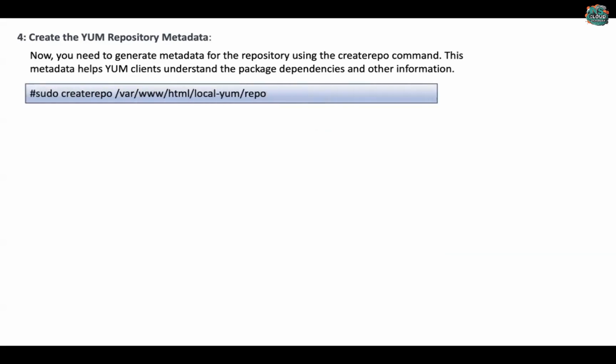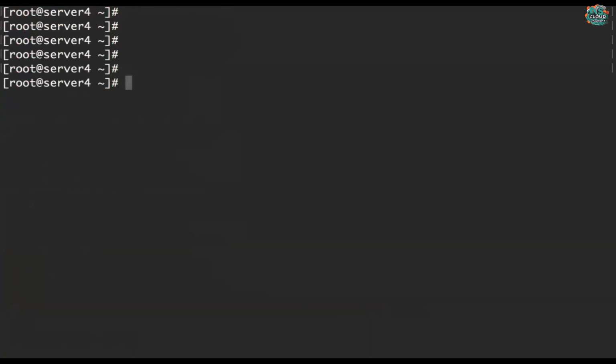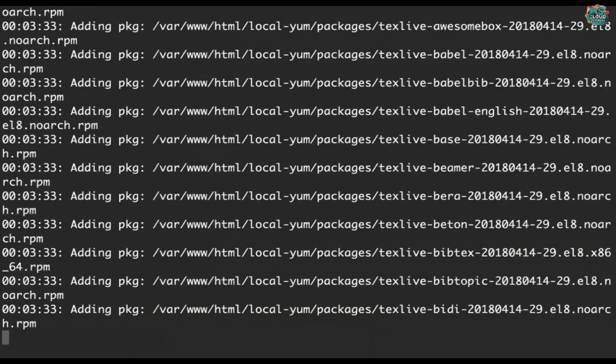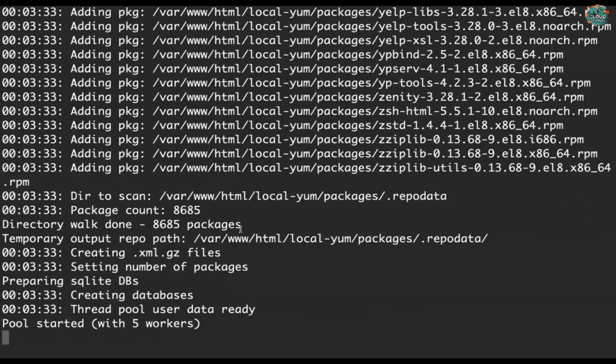So once you run this command, it will basically create a repodata folder inside this repo folder. Okay, so createrepo, and if you want to use -v, you can use it, on /var/www/html/packages, right? Once you run it, it will create metadata inside this packages folder, a repodata folder, and inside this repodata it will create some XML files